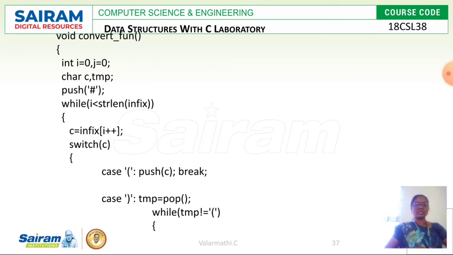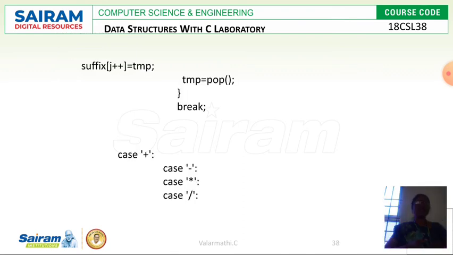Because if the first character is an open bracket, what do we have to do? It should be stored in the stack. So if the case is open bracket, push, break. If it is the closing bracket, closing bracket means the end of that statement. So what should happen? The elements which are present in the stack should be popped out, right?